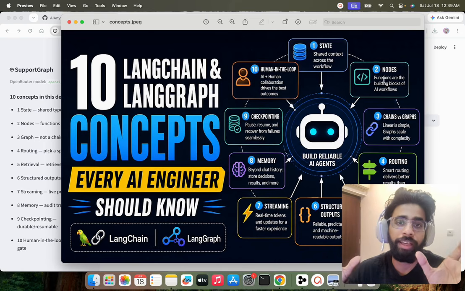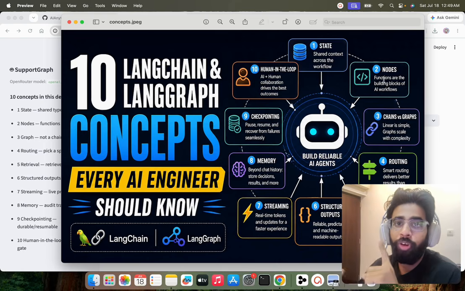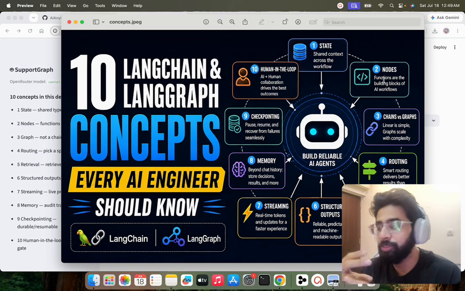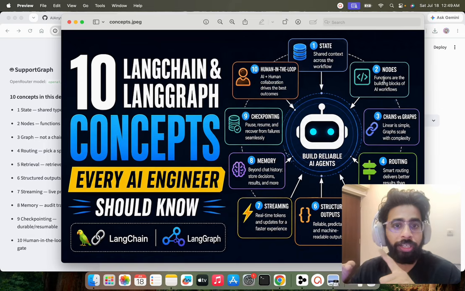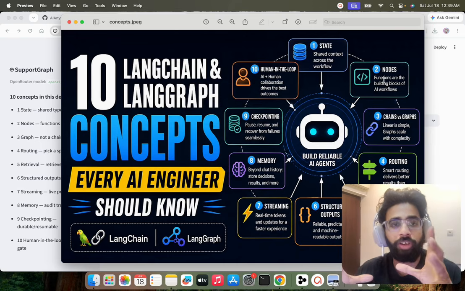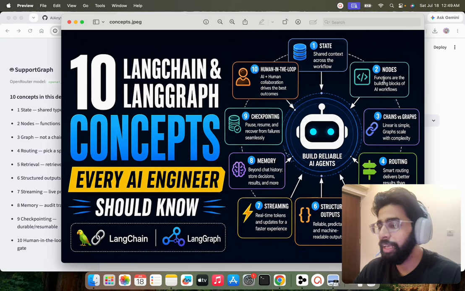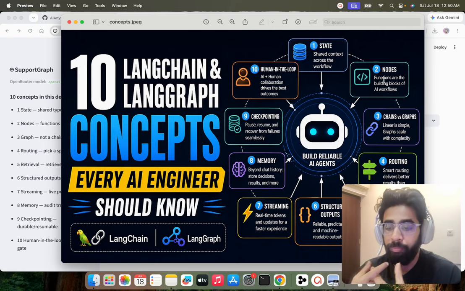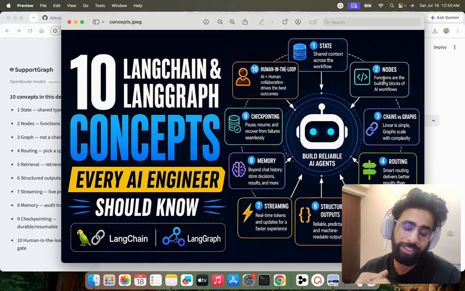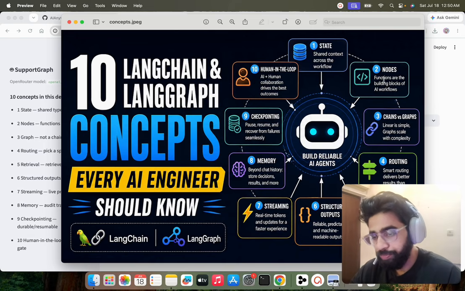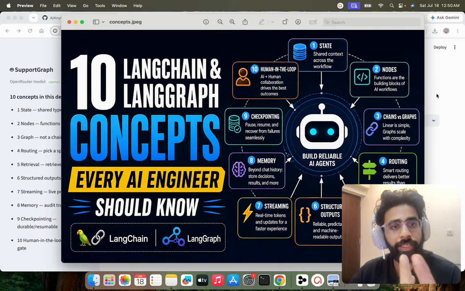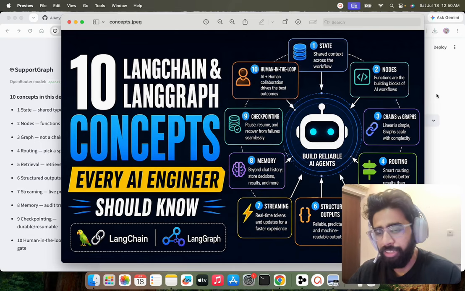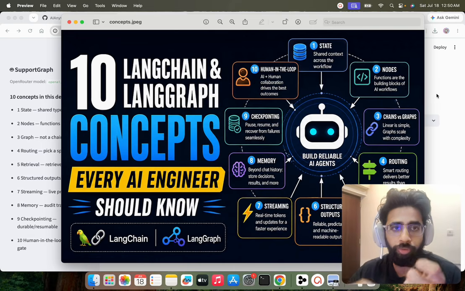If you are building an agentic AI system, your knowledge base, your prompts, your logs, your telemetries, your tool calls, everything is a context that will help your agent become better. And now, with things like loop and harness coming up, it's even more important to look at all these 10 concepts. Number two is nodes. Nodes are basically Python functions, the building blocks of your AI workflow.